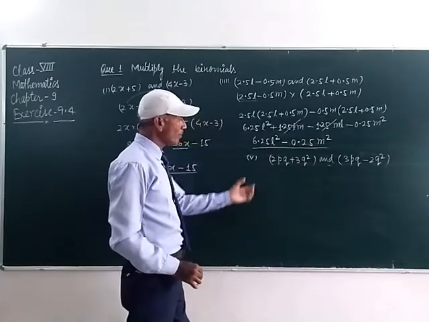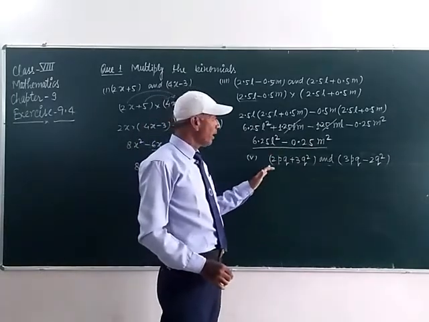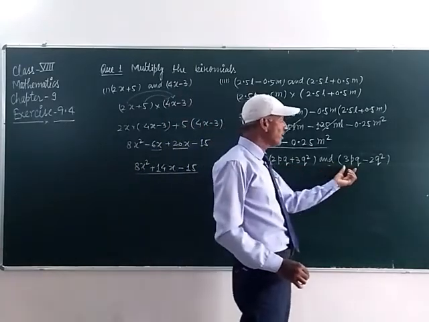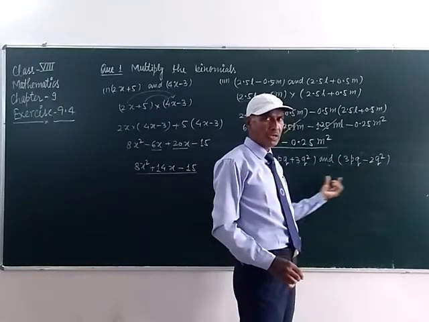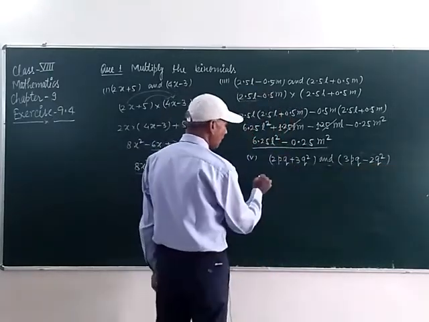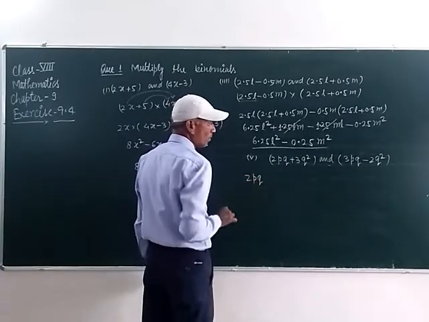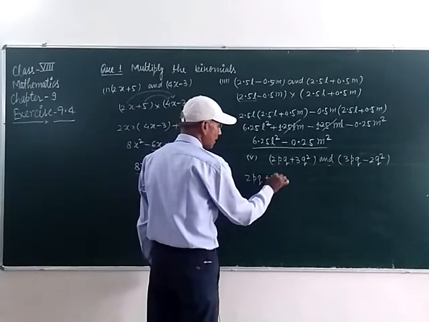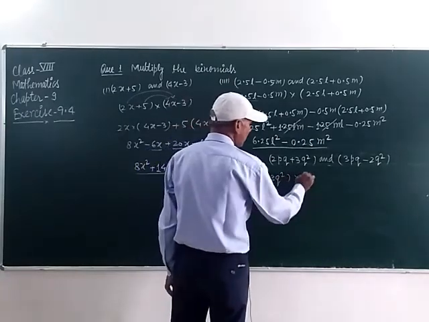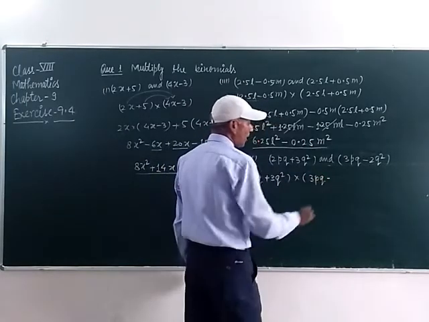Now we have to solve the fifth part of this question, and in this 2pq plus 3q square and 3pq minus 2q square, we have to multiply these two binomials. So first of all we have to write this 2pq plus 3q square multiplied by 3pq minus